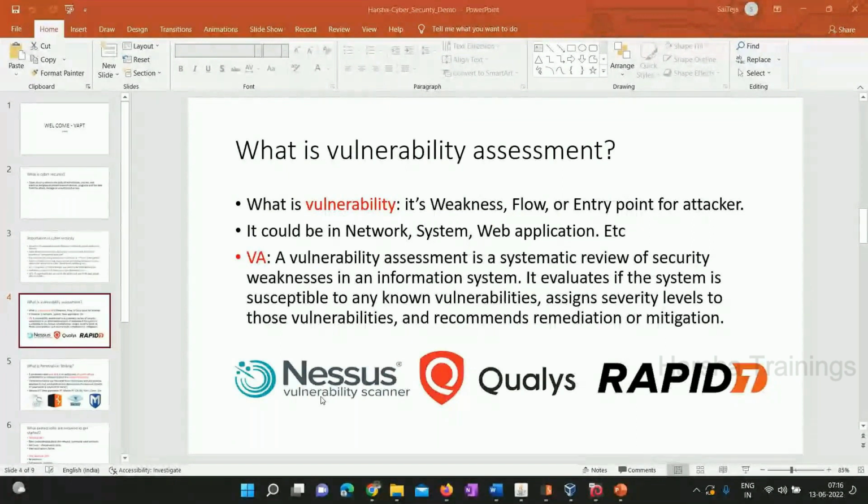Any questions, guys? Is it okay? Am I going fast? That should be fine. Okay. In our training, Sai, what we are going to learn next is Qualys or Rapid7. It's your wish. I'm open for anything. Okay. I'll teach you